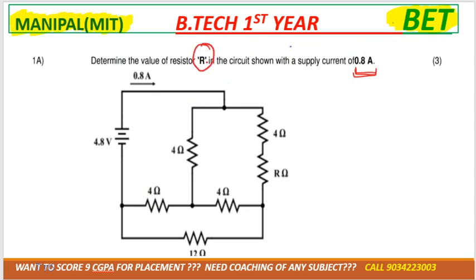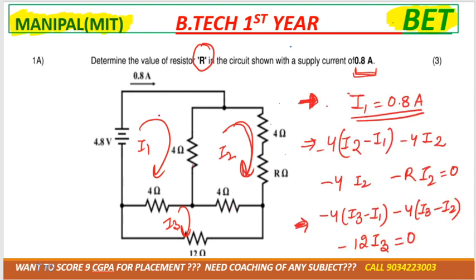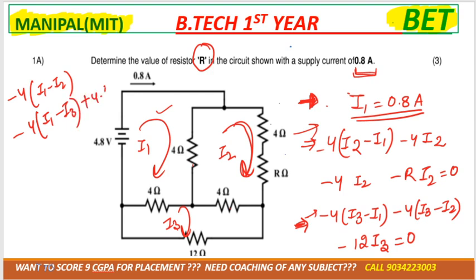In this case you need to calculate R, right? So let us consider I1, I2, I3. Make three equations in three variables. See, in this case this is the second mesh equation, this is the third mesh equation, and we have to make the first mesh equation as well: minus 4I1 minus I2 minus 4I1 minus I3 plus 4.8 is equal to 0. Now we'll have three variables and three equations, so we can put in the value of I1, and then we'll be able to get the value for R. Okay,